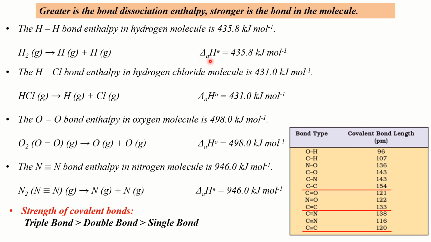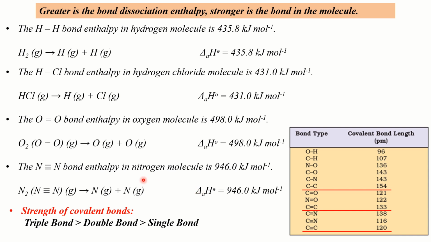Okay. Now, why do we have this letter A as a subscript below the symbol delta in all these cases? Because here we are supplying some amount of energy and we are breaking a molecule, we are converting a molecule into its constituent gaseous atoms. Since we are converting molecules into atoms by supplying energy, this term is called the enthalpy of atomization. So bond dissociation enthalpy here is also known as the enthalpy of atomization in all these cases.